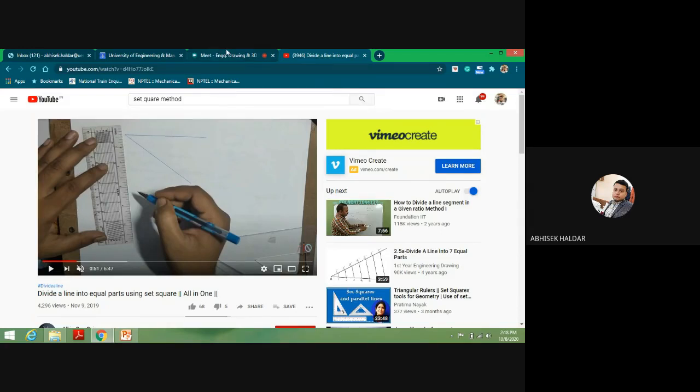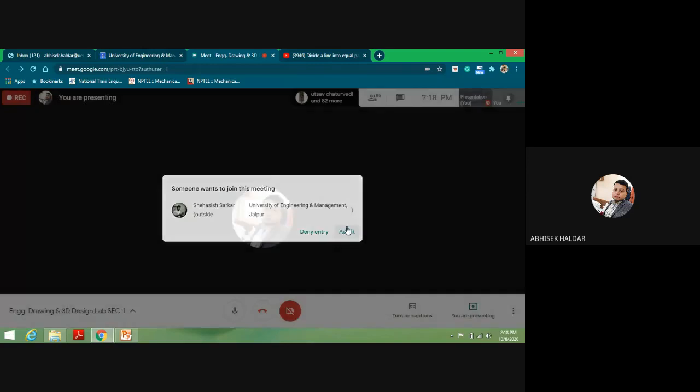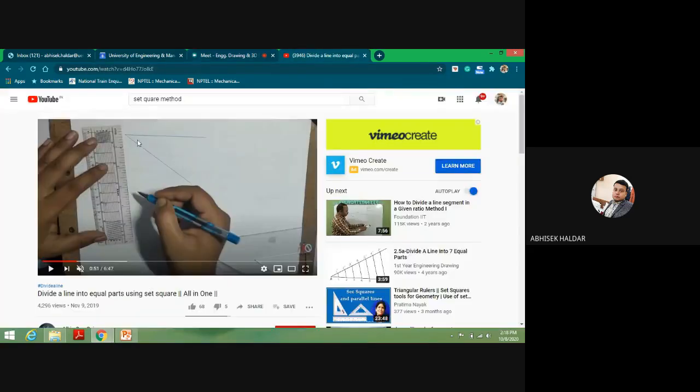Say for example, this straight line is 10 centimeter. You have to divide into some equal number of parts. How many equal parts, I don't know, but the rule is, whatever the inclined line you have taken, say this point is A, this point is B. From this point A you are taking an inclined line at any acute angle. Now say for example this horizontal line I have to divide into 8 equal parts.